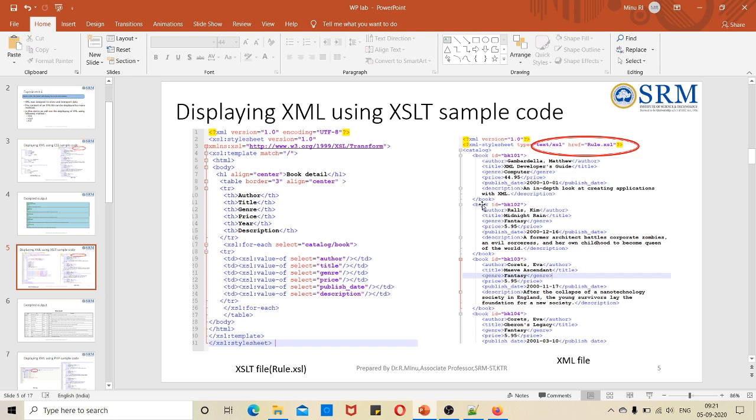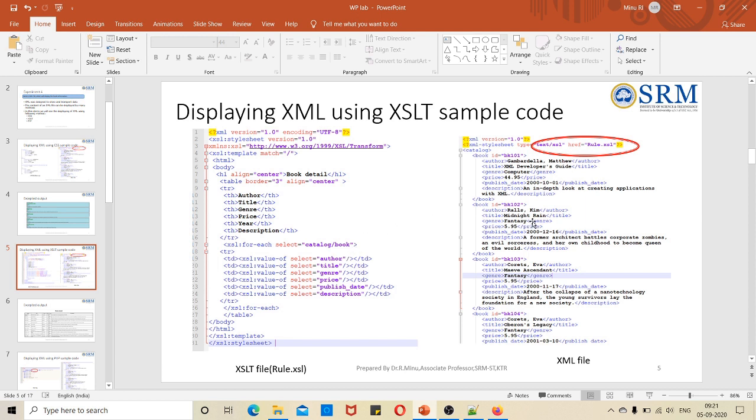You have to specify the name of the XML tag you have used in your XML. These are all very much case sensitive. If you are using a capital letter over here, the same has to be reflected here. So this particular author, title, and font description should be the same as what you have written in your XML, because it will go and match with this particular element, and it will be retrieving the data and displaying it in your table.